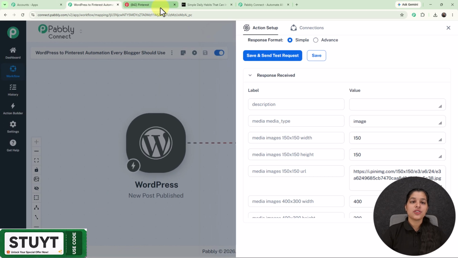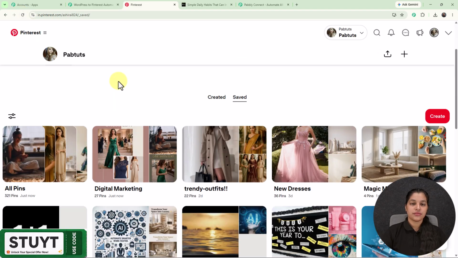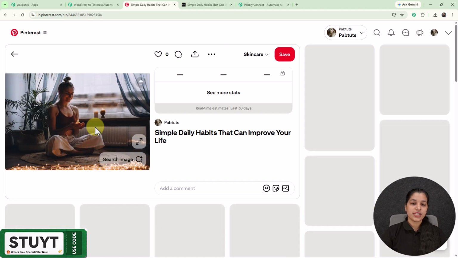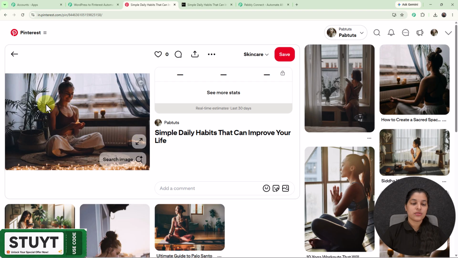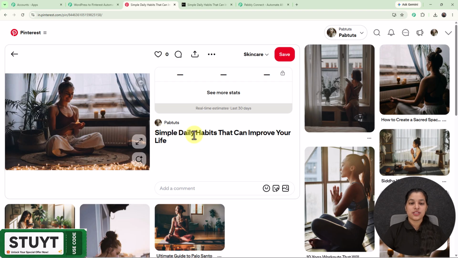So now let's move on towards my Pinterest account where I'm going to refresh this page. And here you can see that I'm successfully receiving this pin which I have just created over my WordPress account. And right here you can check out the same image which I have just added over my WordPress post, and here you can see the title of the WordPress post. So now you can see that we are successfully receiving this blog or this post which I have just added